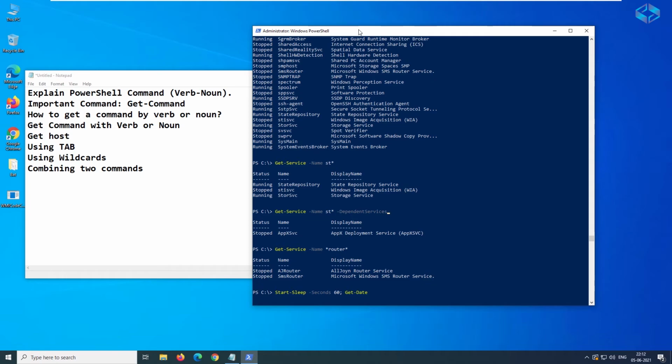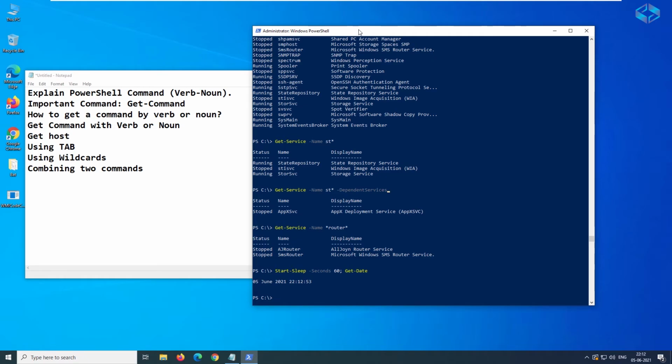So here we can wait for 60 seconds, then it will just go and execute the second command, and in multiple scenarios you can use it when you are doing the scripting. So let's wait for 1 minute to complete. Yeah, so this is completed, and you can see it's executed the second command, right?